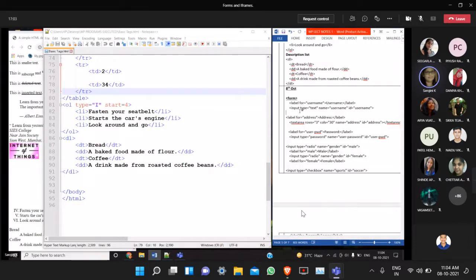In that case, when you use JavaScript or PHP, you have to identify which text box it is, whether it is the first text box or the second text box. So when you use multiple text boxes or multiple elements of the same kind, you have to use name to uniquely identify each and every input tag.